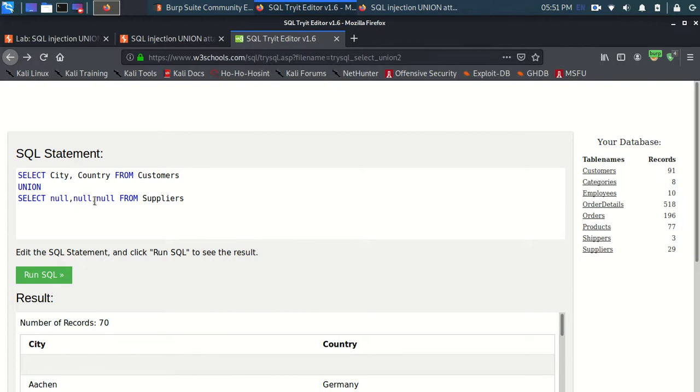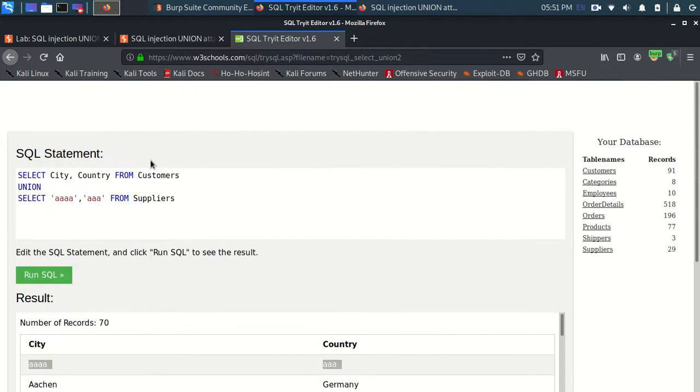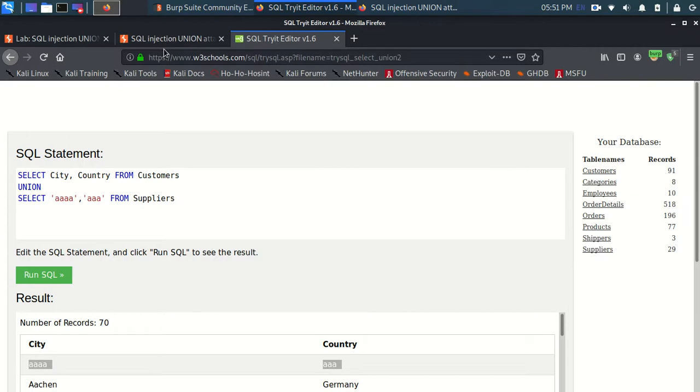Even rather than null, if I run a, since we know it is two columns, let's remove that null as well. Let me put a and let me run this. You can see both of these are coming over here. We use null because null can be applied to any column even if it accepts an integer or something like that. I hope you understand why we are using null for determining the columns.